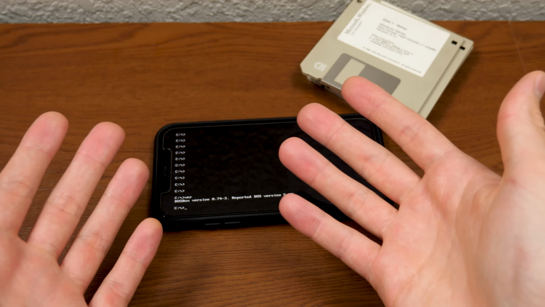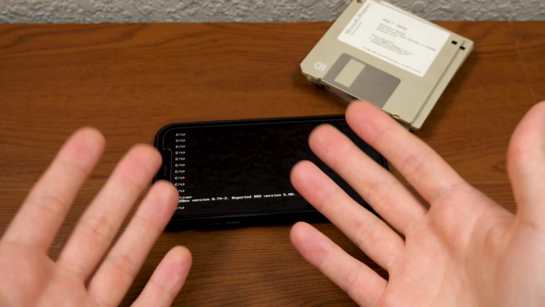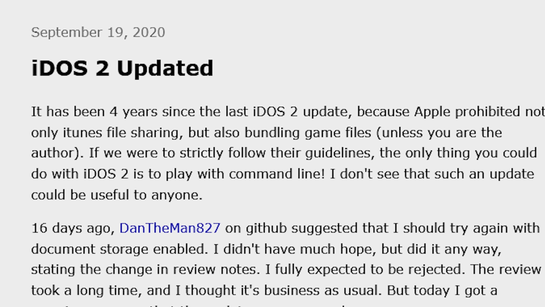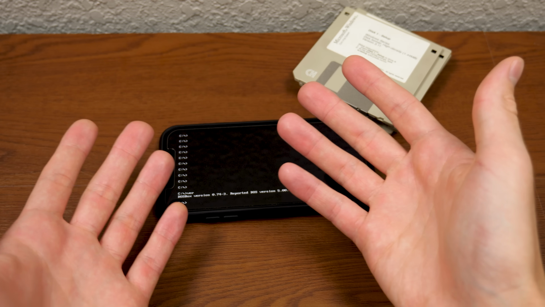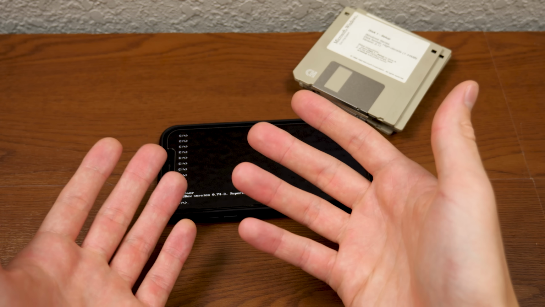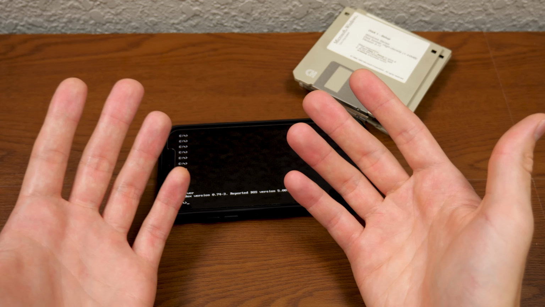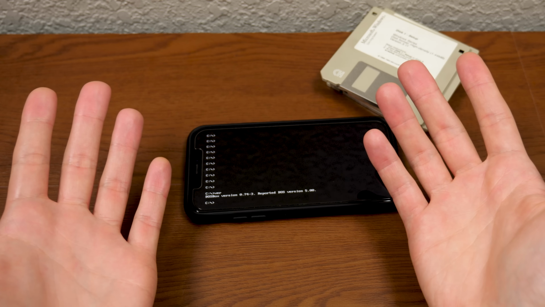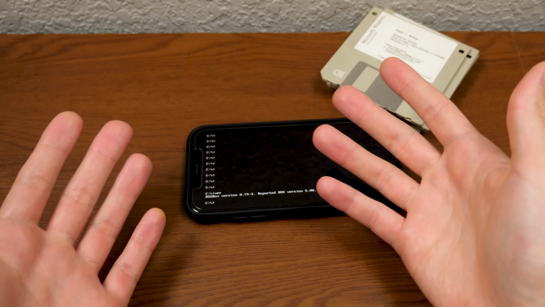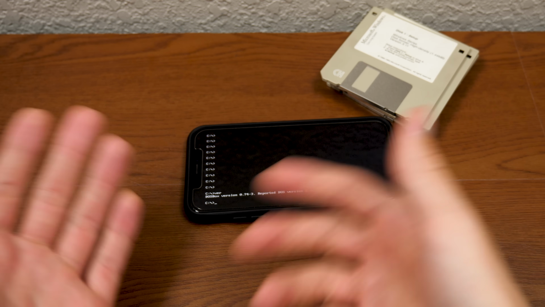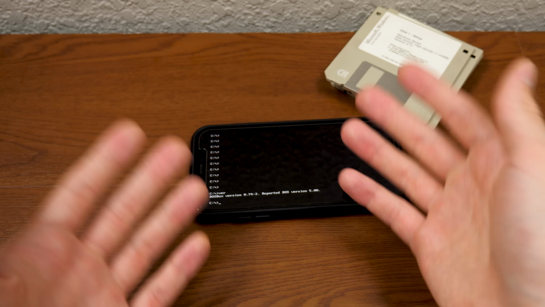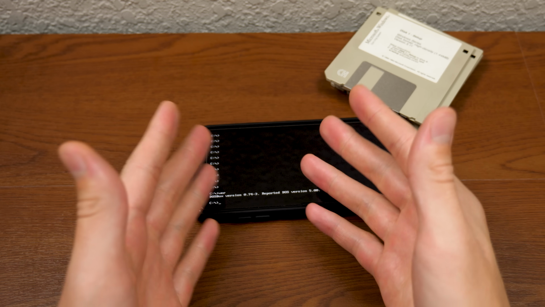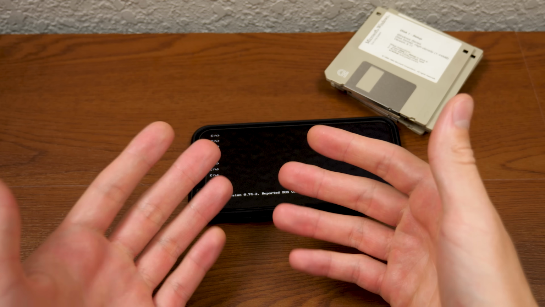And it remained in the App Store for a while in that state until September 19th, 2020, when the developer decided to re-enable file sharing through an update, which surprisingly got approved by Apple. So perhaps they changed their mind about this whole thing. Perhaps they were opening up a little bit and allowing emulators to do this and everything was going to be great, right? Nope, because less than a year later, after the developer published an update to iDOS containing nothing but bug fixes,